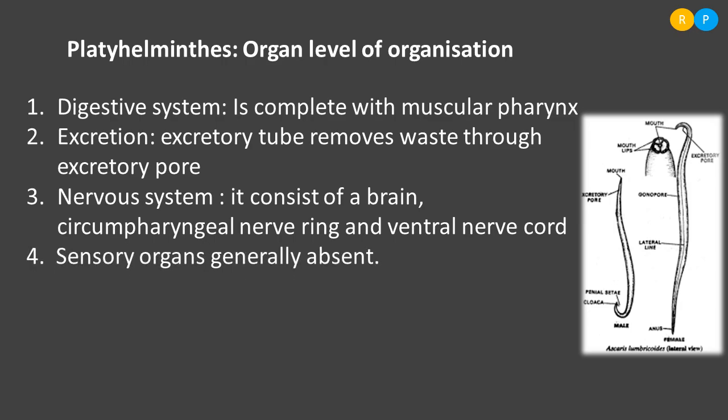And if you come to the sensory organs, sensory organs are generally absent in the roundworm. They have some chemosensitive cells and photosensitive cells. These cells help in sensing changes happening in their environment. There are no specific sensory organs here. Clear? Whatever the sense may be, it is sensed by chemosensitive as well as photosensitive cells. Then let us move to the mode of reproduction.